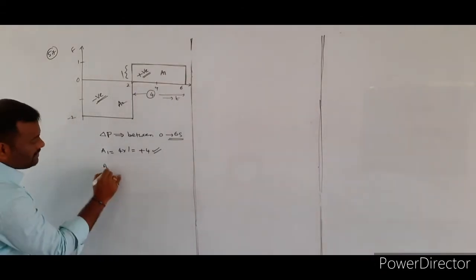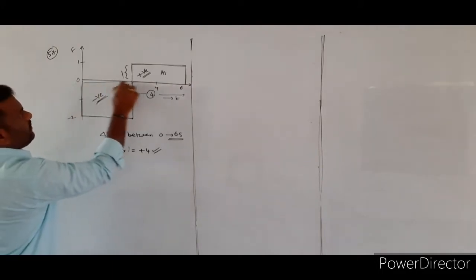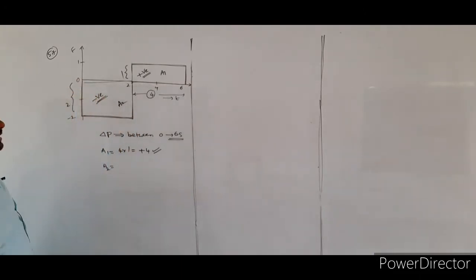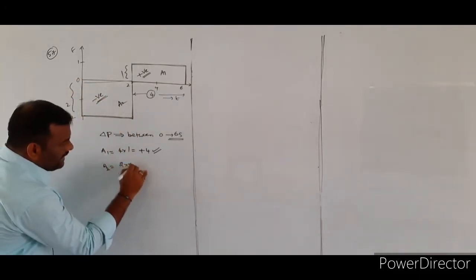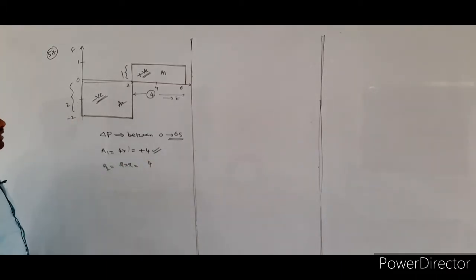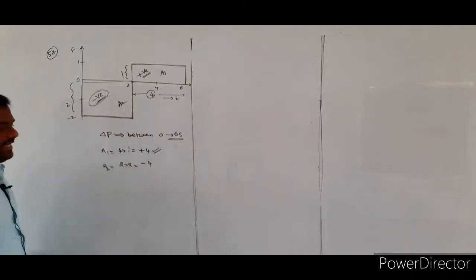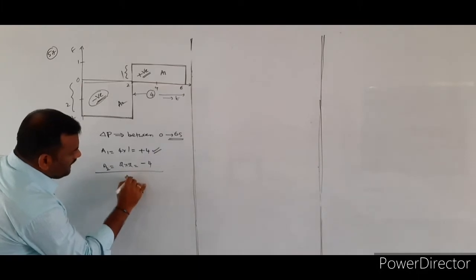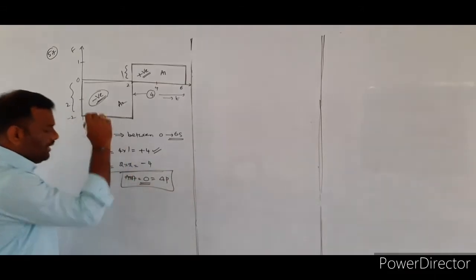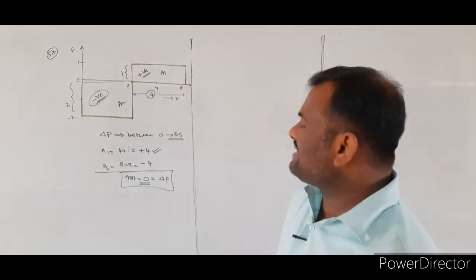Next, the area which is present below the x-axis. Here it is in the form of a square. So the side length and the breadth value remain the same, so its area value is equal to 2 into 2 again. So this area value is 4. Because it is below the x-axis, its area value is equal to minus 4. So therefore total area is equal to 0. If the total area value is equal to 0, the change in momentum of the particle is also 0 between 0 to 6 seconds.